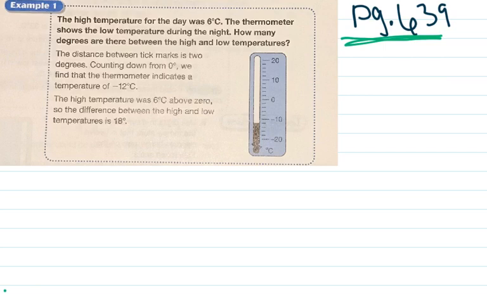The high temperature for the day was 6 degrees Celsius. The thermometer shows the low temperature during the night. How many degrees are there between the high and the low temperatures? Now, there's a few different ways you could read this and solve for it, but my favorite way is actually using the thermometer itself. So, under the question, it says